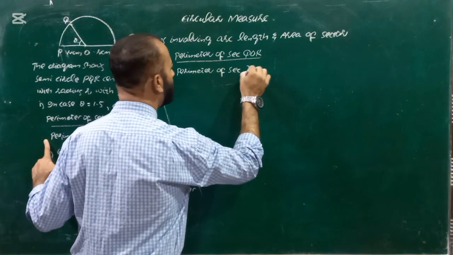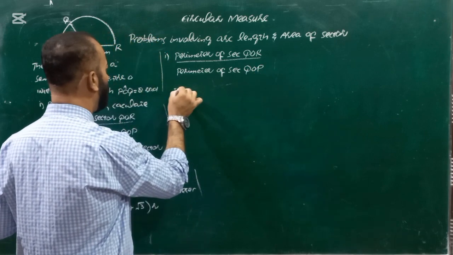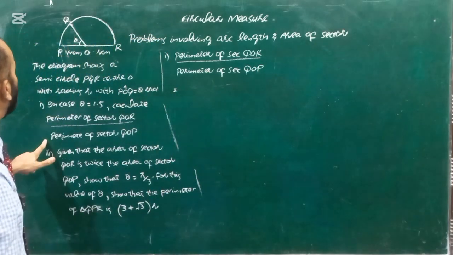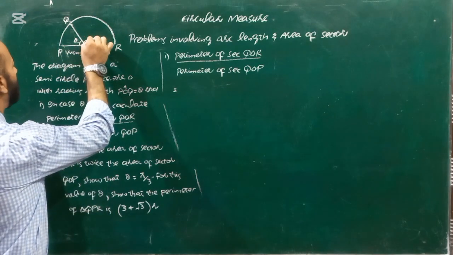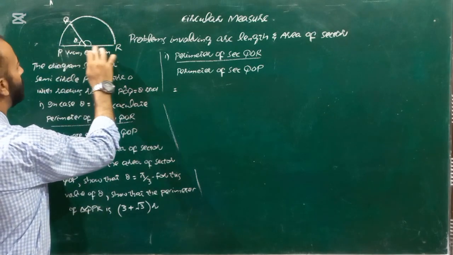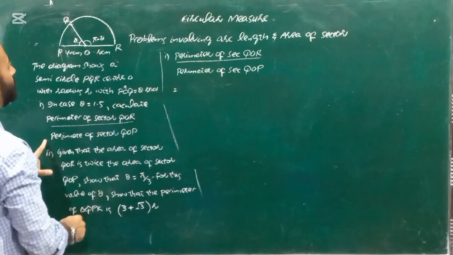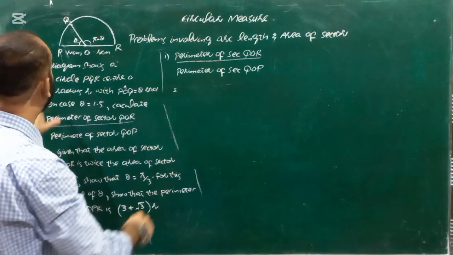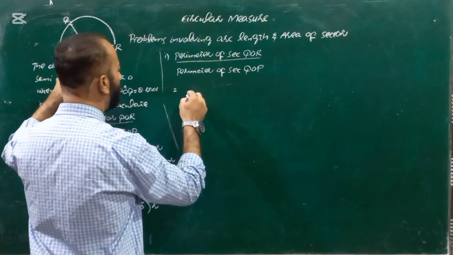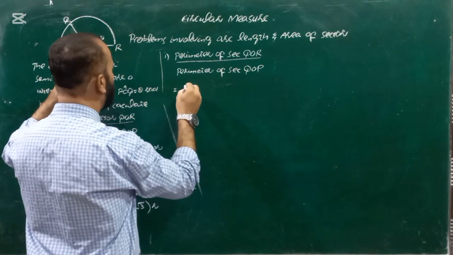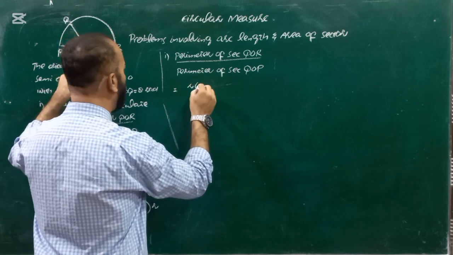If this is theta, so definitely this is total pi, so this will be pi minus theta. Perimeter of QOR will be equal to S is equal to R theta, so R into theta is pi minus theta